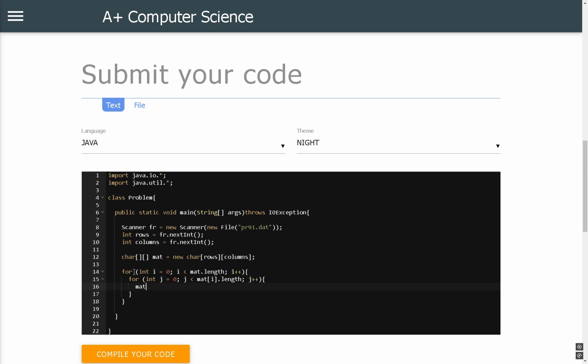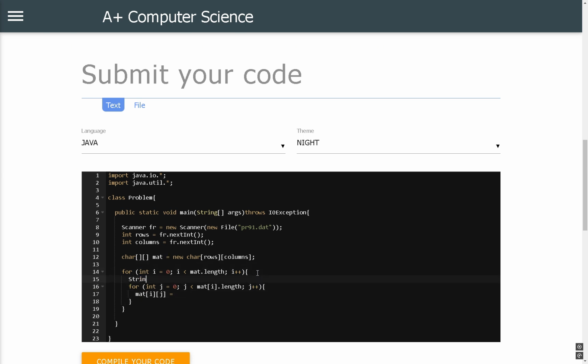We'll say mat at... let's do this. I'll explain all this after I'm done typing it up, and also to make sure I don't make any mistakes. Okay, so